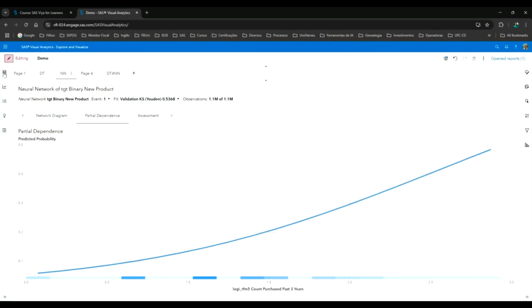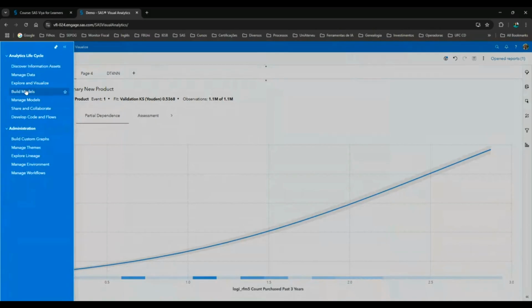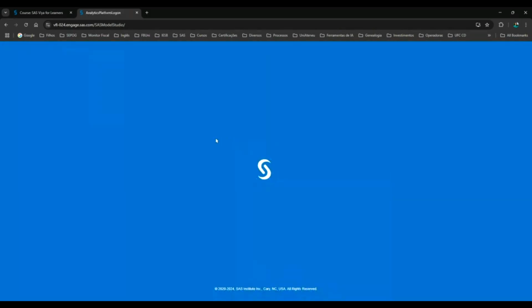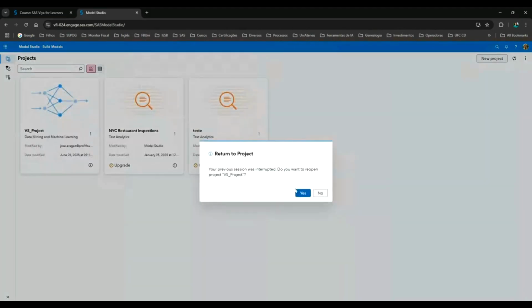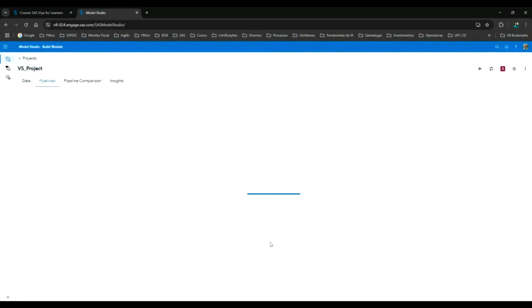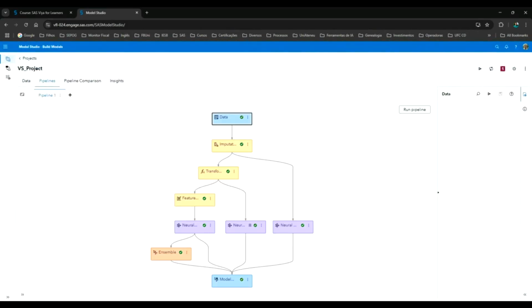Now I will show to you the other tools, but the other tools are in the other environment, build models from Model Studio. Just a minute. Okay, I already left a pipeline here in this project.